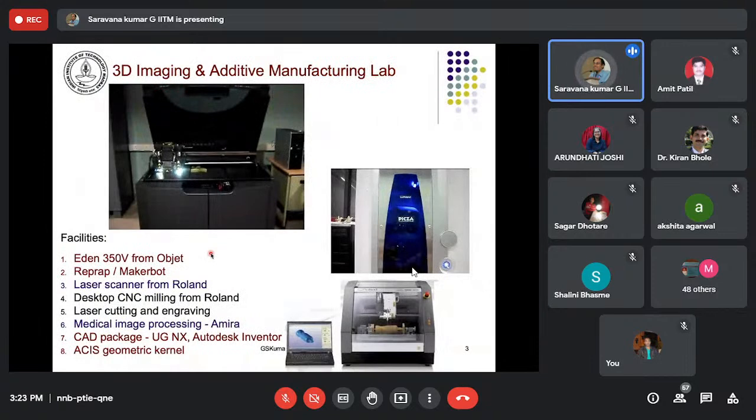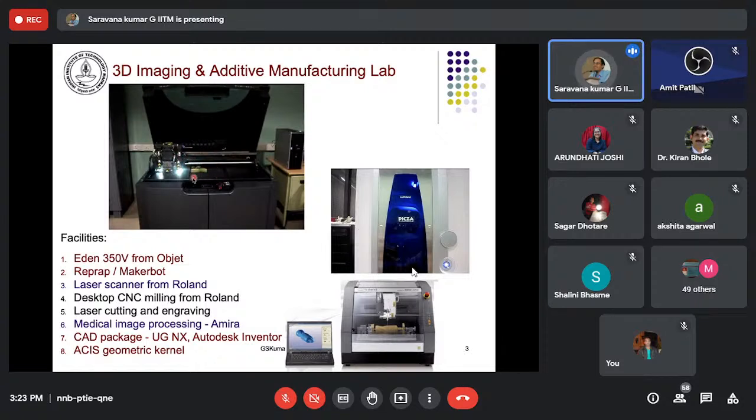The picture that you see here is the 3D printing machine from Eden Objet earlier, and now it is with Stratasys. Stratasys has acquired Objet. This is a multi-jet printing technology, the one that you see here. You have multiple jets coming out like your paper inkjet printer.